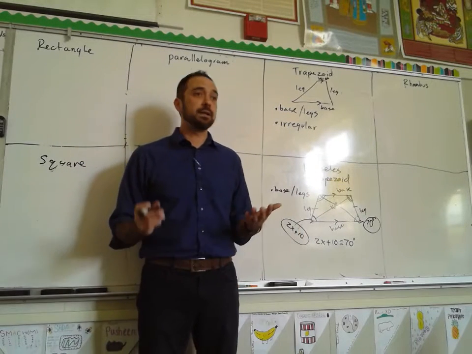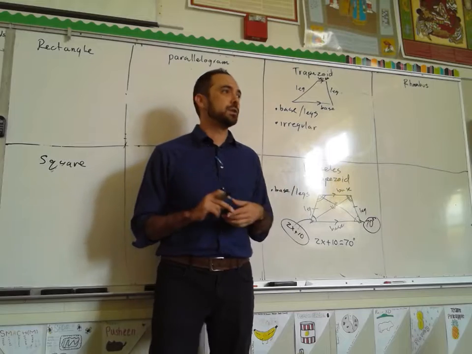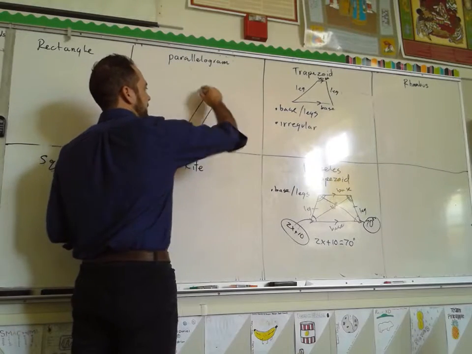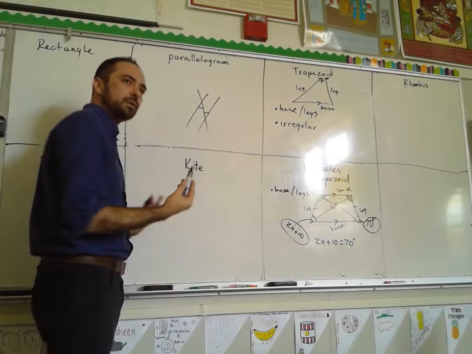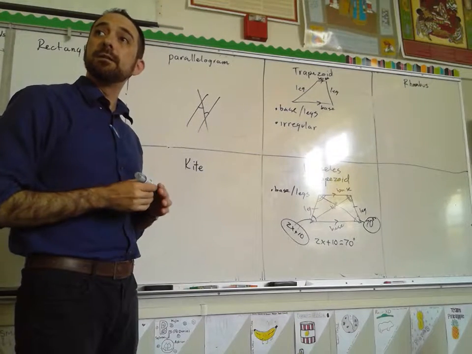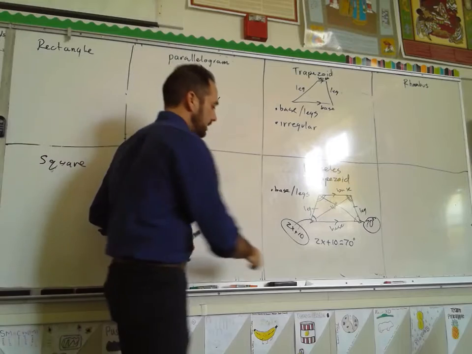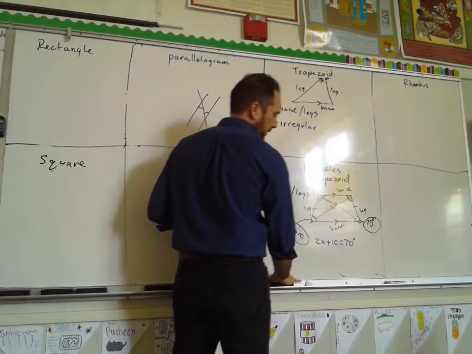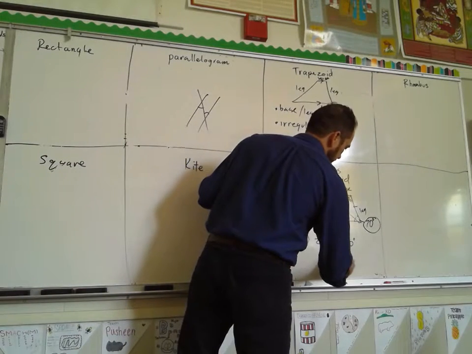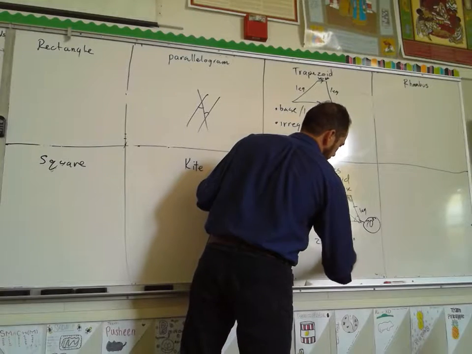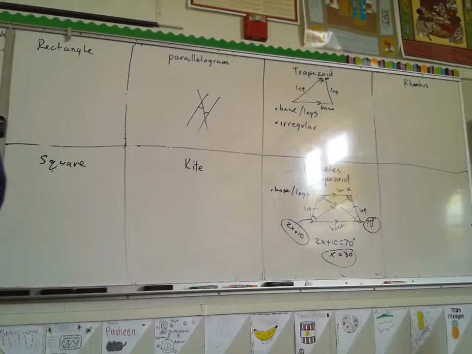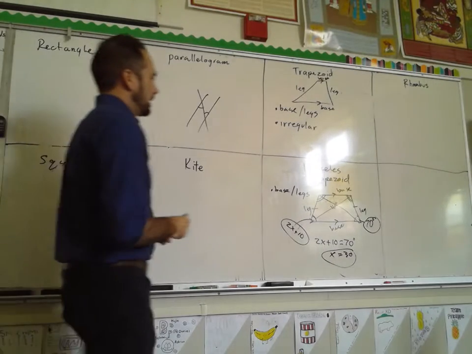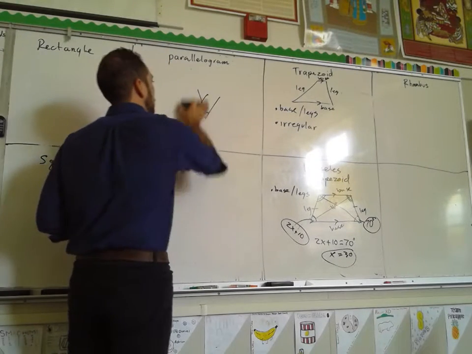You see, it's the same kind of problem. Just like when we had alternate interior, we knew they were the same. So whatever values are in those, we made them equal to each other. It's the exact same thing. We just have different shapes, different versions here. So we work that out, and we would get x is 30. We subtract 10, we divide by 2. We get down to x is 30. Okay. Let's see. The next clue is,